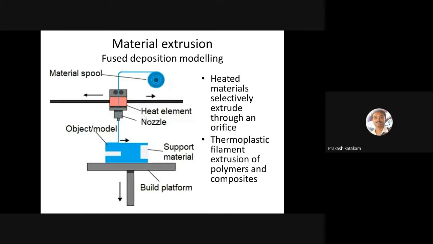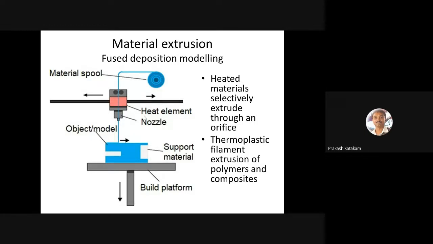This is very popular and very commonly known. Everyone knows about this: fused deposition modeling, where we have a spool of material or string. Sorry, we call it a filament. Using a machine, the plastic material is first converted into a filament of desired thickness. Usually it is 1.75 millimeter or 2.5 millimeter, depending on the equipment and specification they are preparing. It is readily available in the market. Those spools are available. Most of the materials will cost us around 600 rupees onwards per 1 kilo.